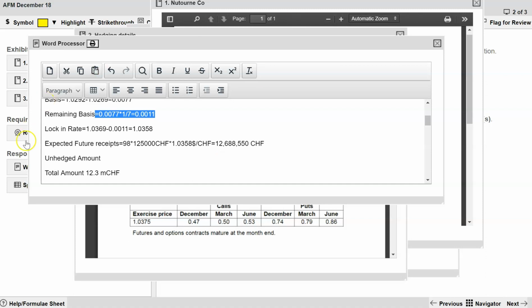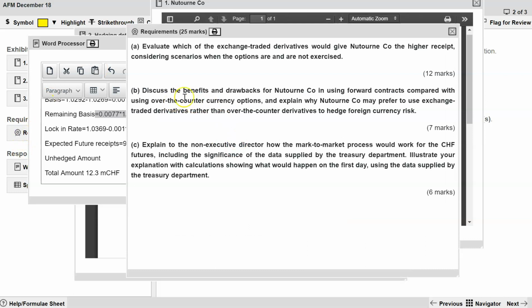So guys, what about the other parts? Discuss the benefits and drawbacks for the company in using forward contract compared with using the over the counter contract. So you have to write about the forward contracts' benefits and drawbacks, and why companies should preferably use exchange traded derivatives. Remember, the benefit of a forward contract is that you do not have to pay any premium to enter